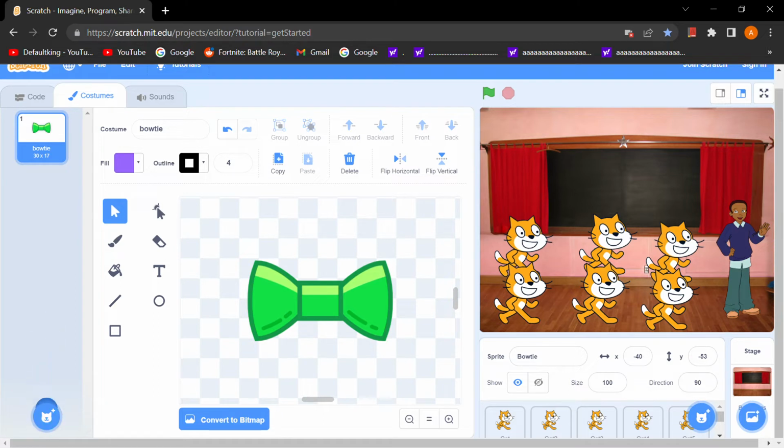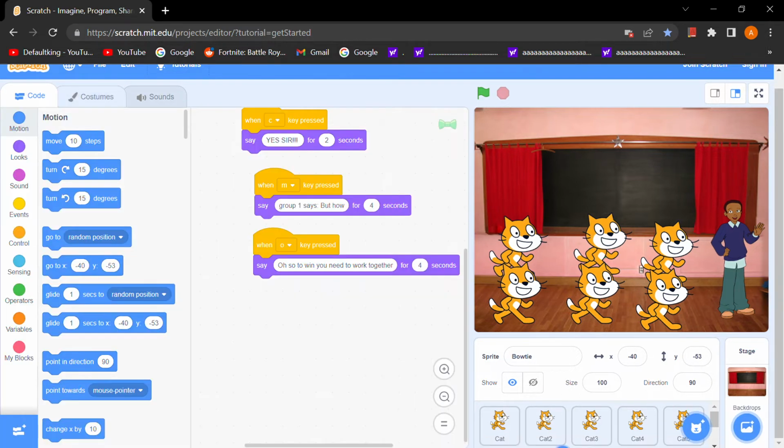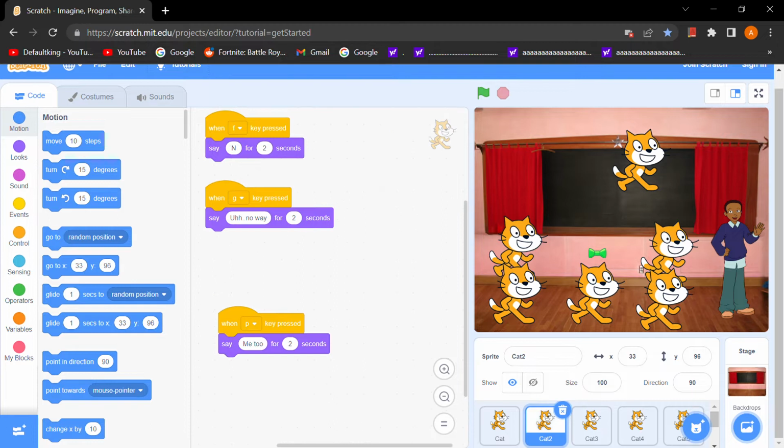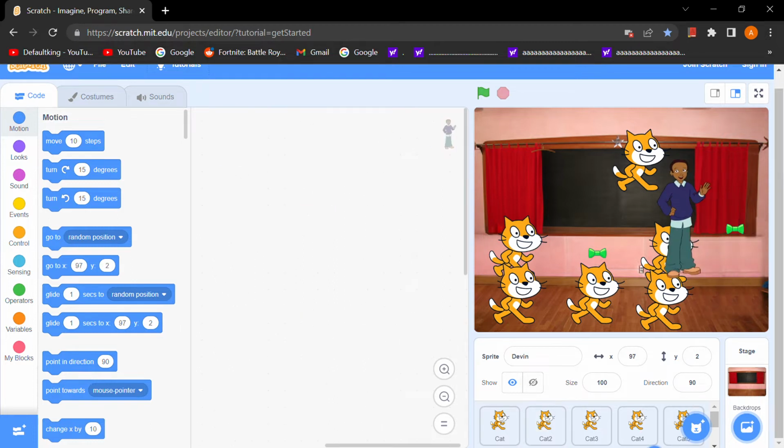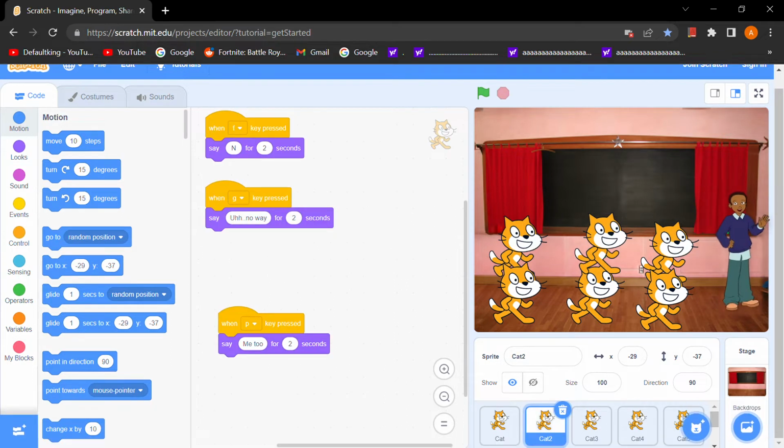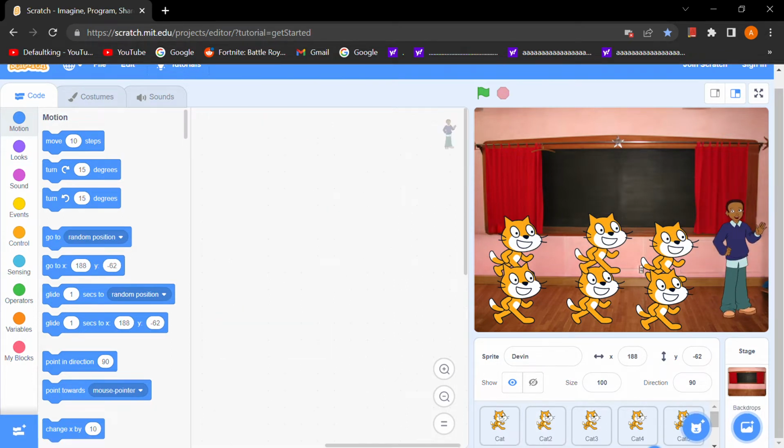So for some reason I decided, let's not use an actual teacher or an actual student, because I've kept bow ties behind these characters. So they can speak for the characters. Because for some reason I already made it. I wanted a default set, but I couldn't do that if I deleted the character. So I decided let's have a prop behind the character, so that even if I wanted to change this guy